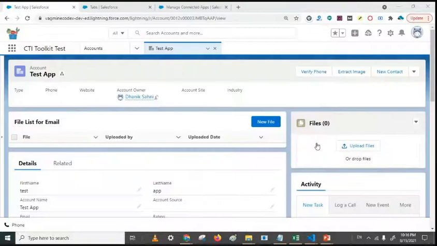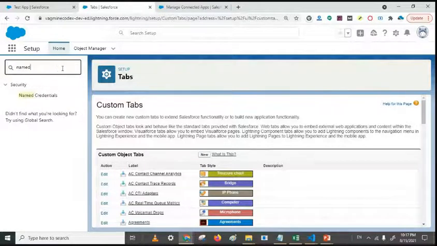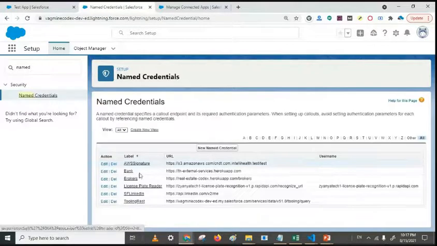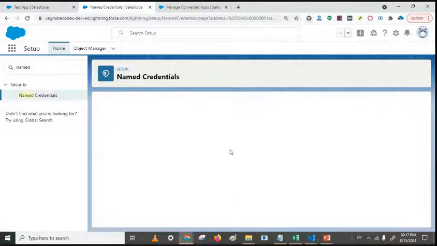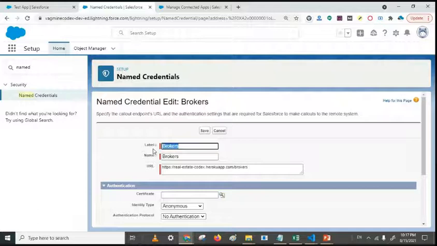For that, first we have to create our named credential. We already got this API. Next is the named credential. In the named credential, I have created this broker named credential. For this API, we have to add the name we want to give it, so the named credential is brokers.